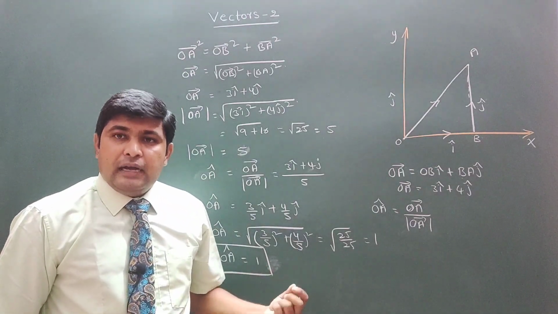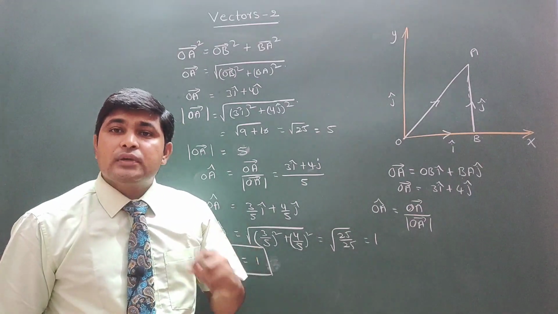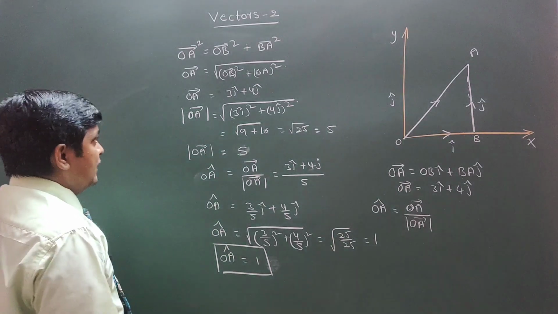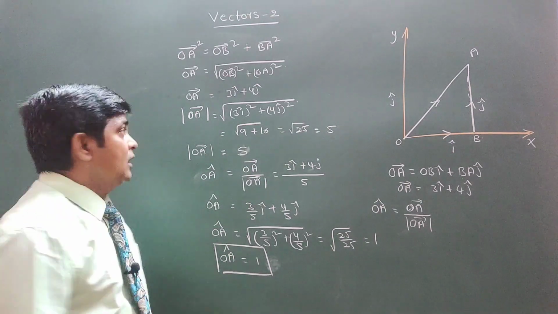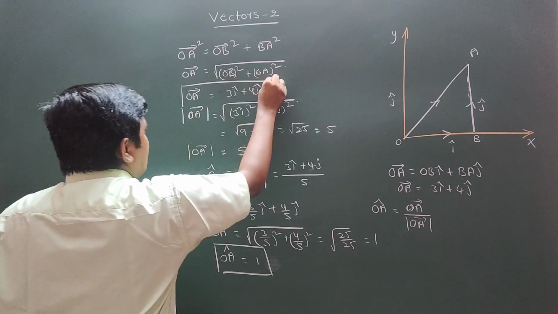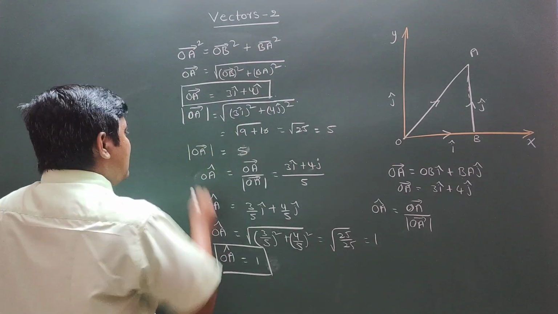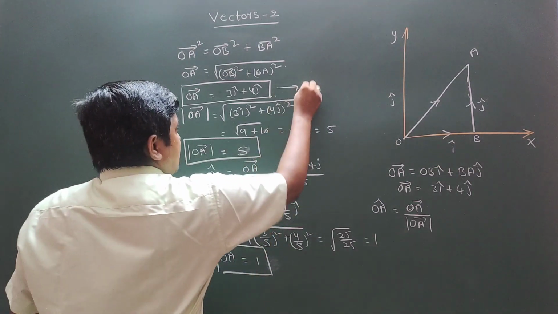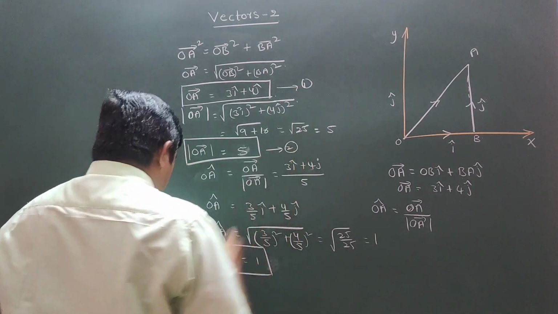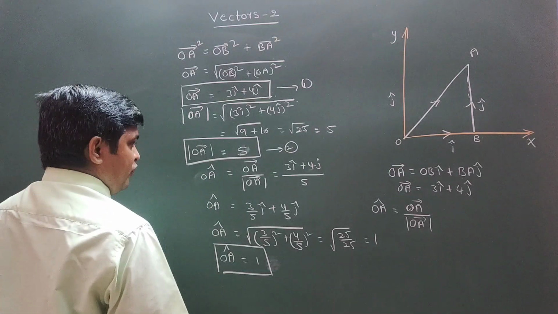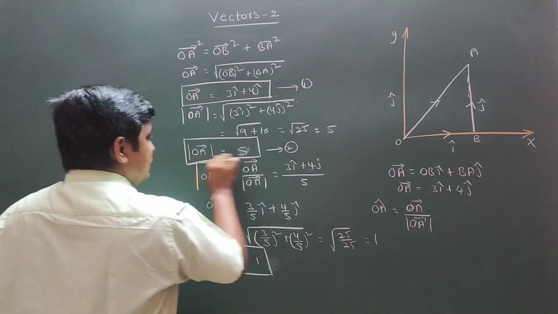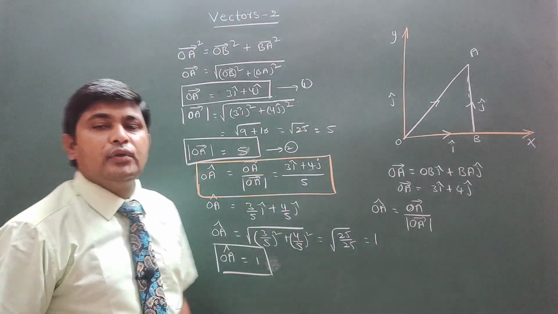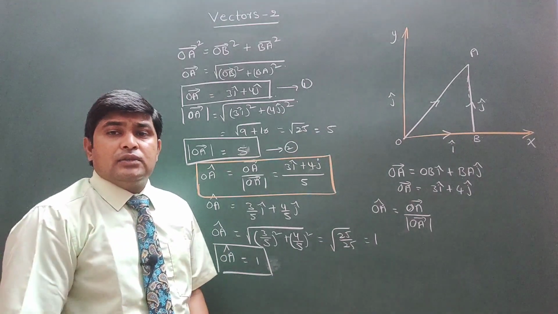Previously, a few minutes back, I already told you that a 3D vector can also be converted into a unit vector. Before doing that, you have to remember 3 steps. First, what is OA bar? Second, what is the magnitude of OA bar? And the third one, what is the condition for proving it? You need to remember this third condition, and you substitute in it, and you are going to get the unit vector. Okay, so these are very important.